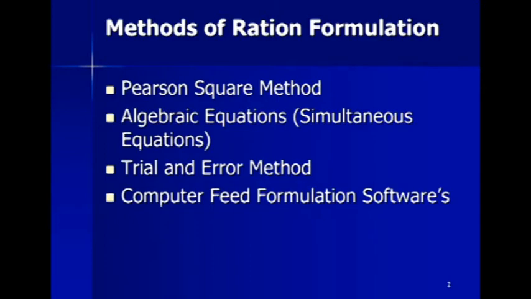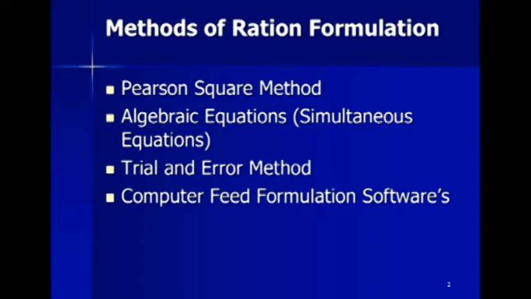For doing so, you need two main things. The one is you must know about the nutrient requirement of an individual animal for ration formulation, and the second, you must know about the type of feedstuff available and their chemical composition. So these are the two prerequisites for more detailed ration formulation.